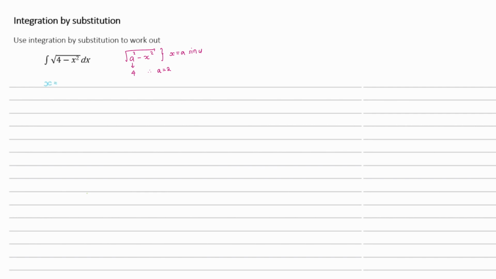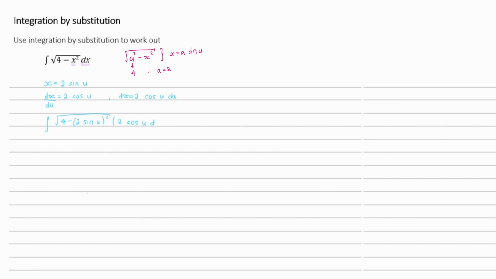2 sine u. Therefore, our dx by du is going to be 2 cosine u, and we can therefore write our dx as 2 cosine u du. We now have something that we can substitute in place of x as well as in place of our dx. We can therefore rewrite this integral now as the integral of the root of 4 minus (2 sine u) squared, times 2 cosine